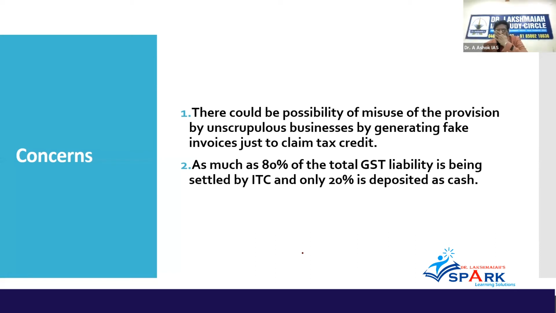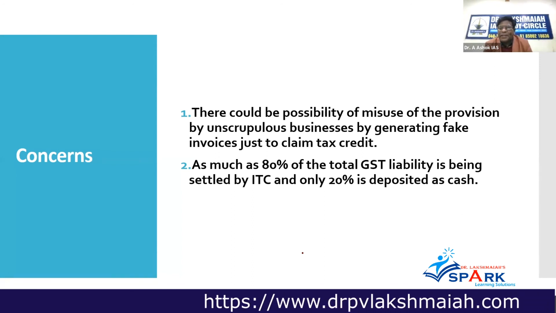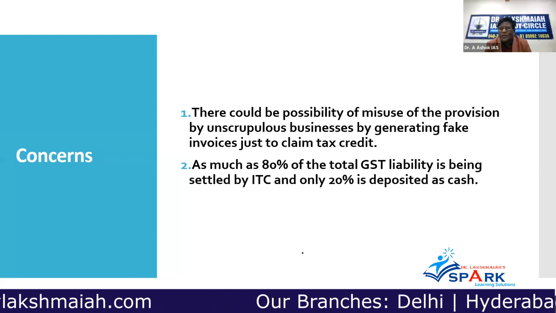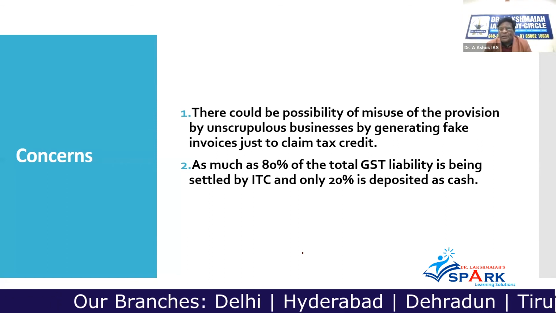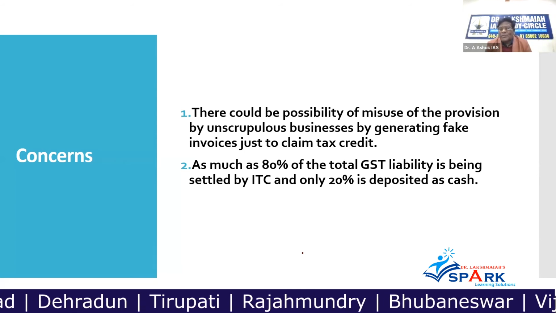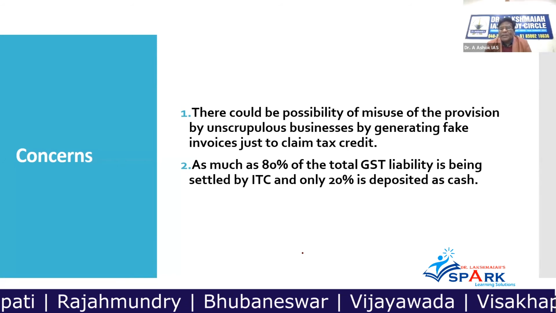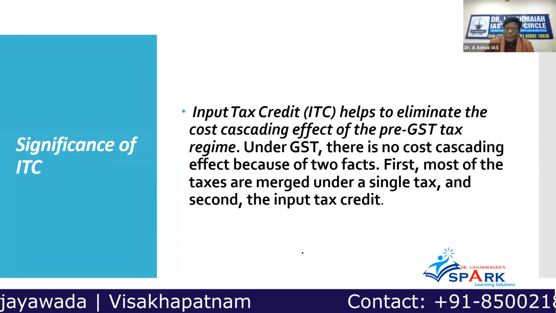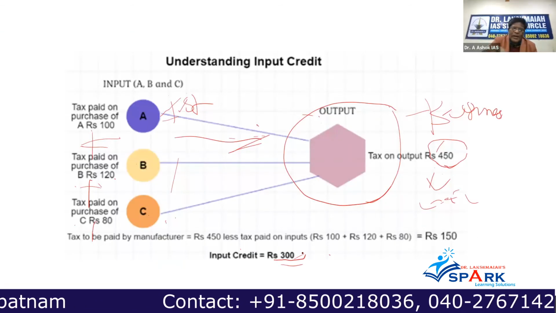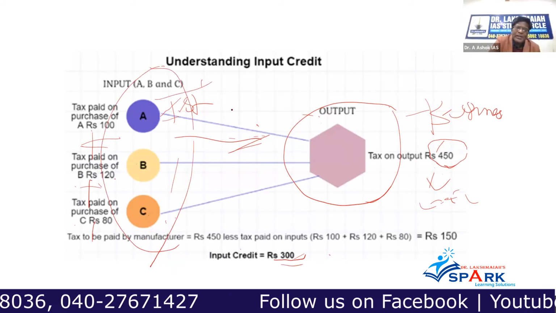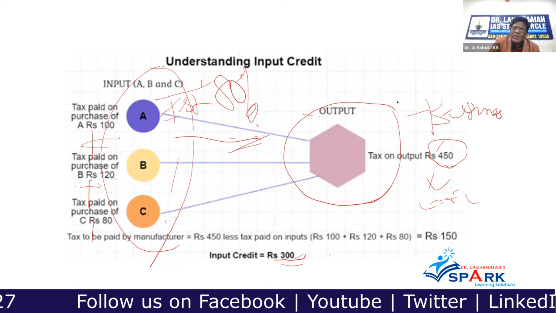So you see, this is the one concern. They are declaring 80% to be settled by ITC at the input stage itself, claiming it, and only that output is mentioned that is coming around 20%. This is causing a great concern, which means what the government should have received as 100%, the majority of it they are showing under input credit. So here they are misusing this provision. At the input side, they are saying they have paid the 80%, and they are showing only 20%.